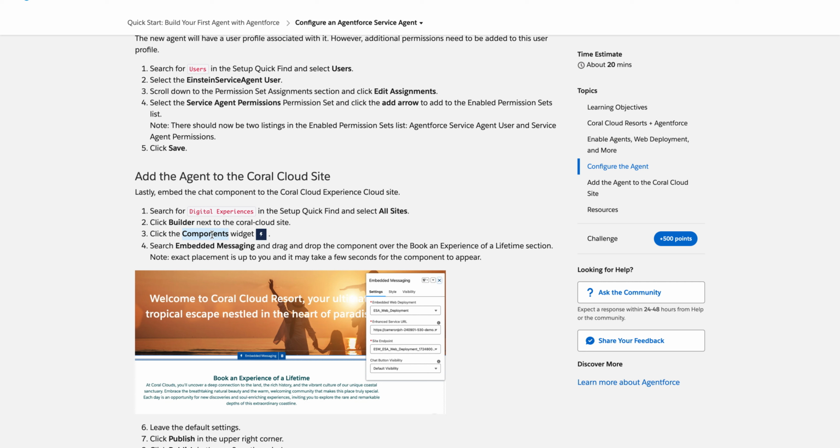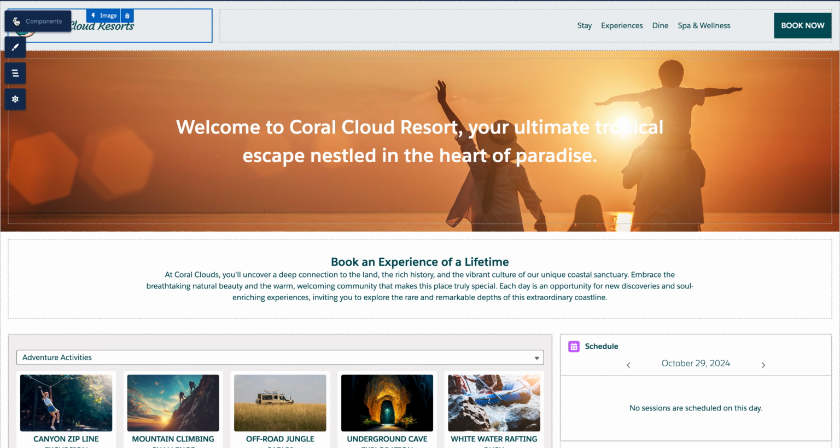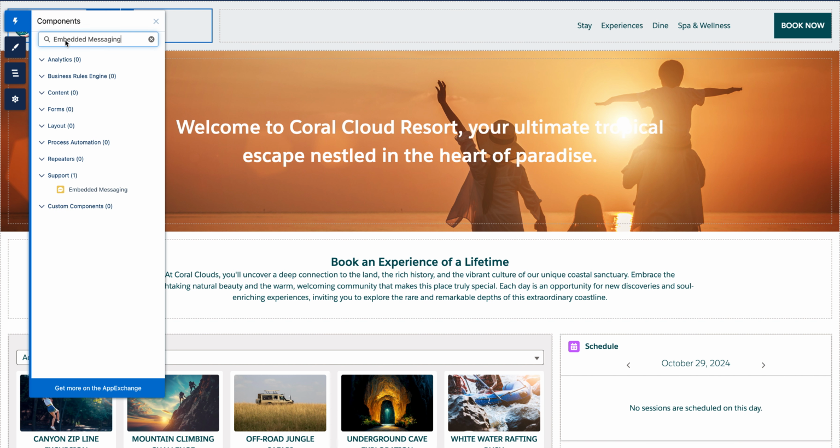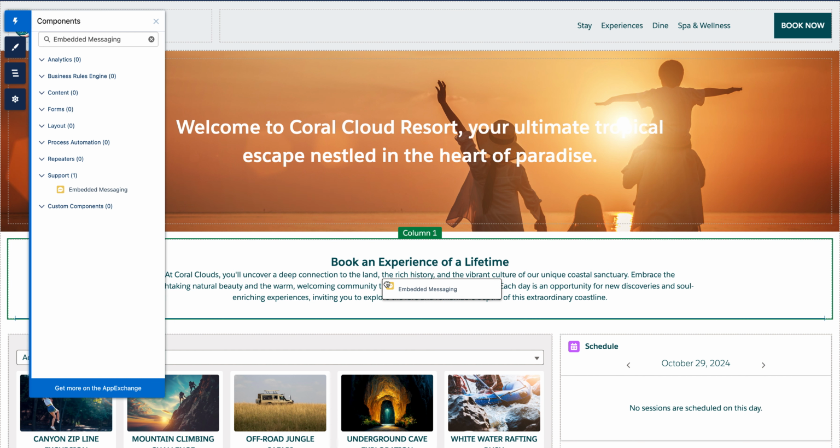It's asking me to click the components widget. It's on the top left, and then search for embedded messaging. Remember we activated the Agentforce using the agent builder, and the name was what? Experience management, right? So let's see, this is the one on the top left. Click on components, search for embedded messaging, drag this embedded messaging and drop it in the first one, the first